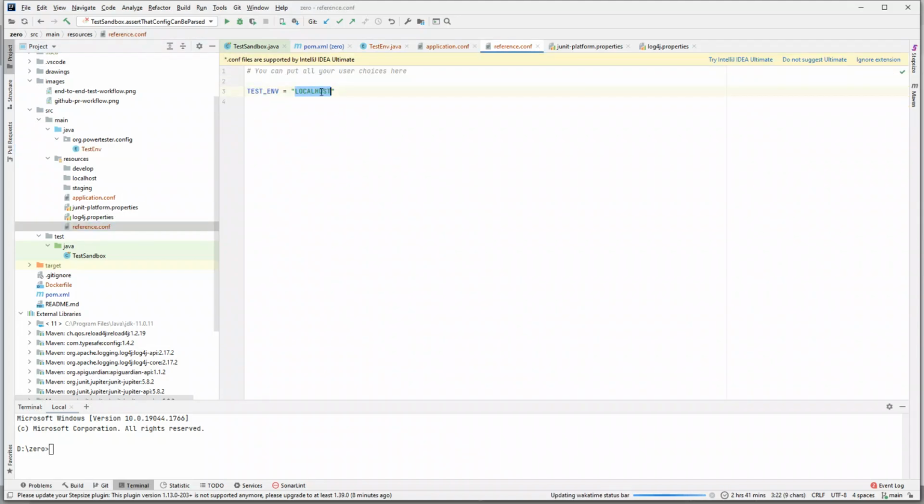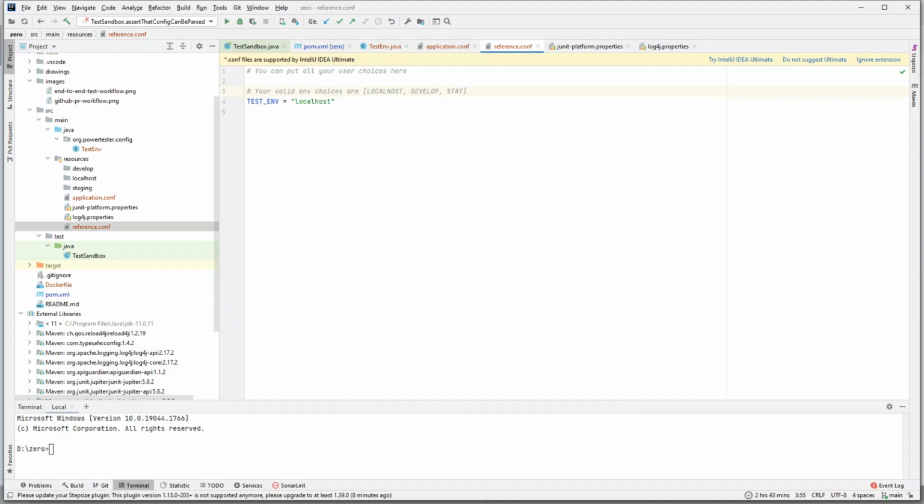In fact, just for testing purposes, let's see if I give a wrong config choice. Localhost, even though it's the same name, is not the same enum name, so it should fail. So let's keep it like this. And then let's take another common example, where you can say your valid environment choices are localhost,